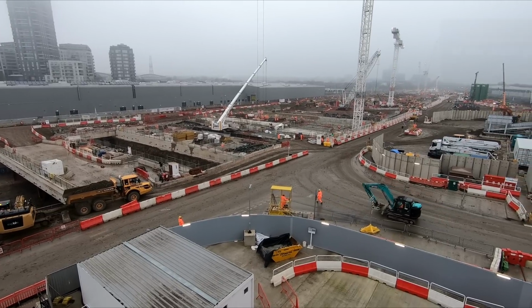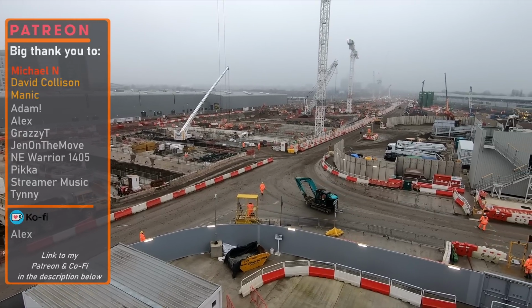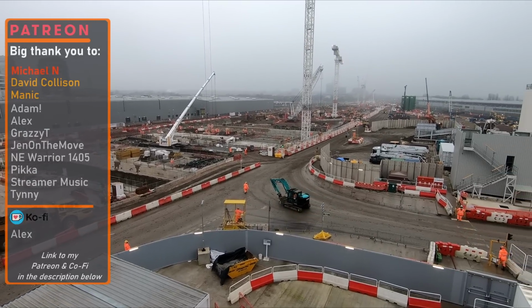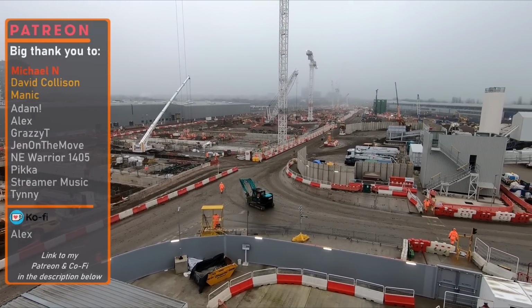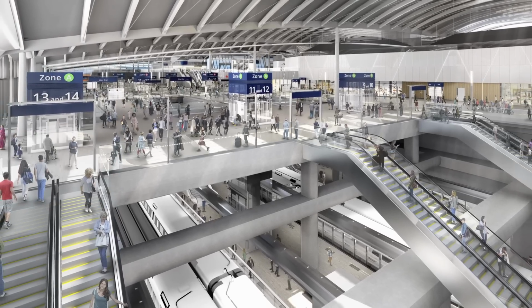On Wednesday the 25th of January, I was invited to go on the site of the new HS2 station at Old Oak Common, being constructed in northwest London, to see how work was progressing. I've already made a video about the station itself, so I won't go into too much detail about the station and services,